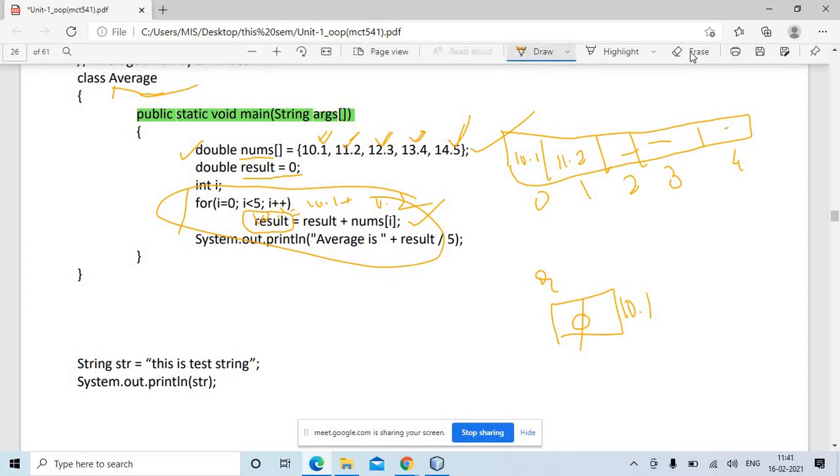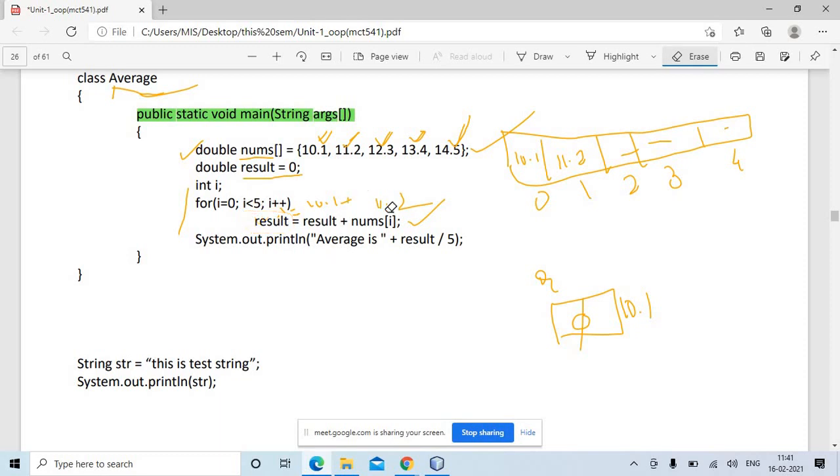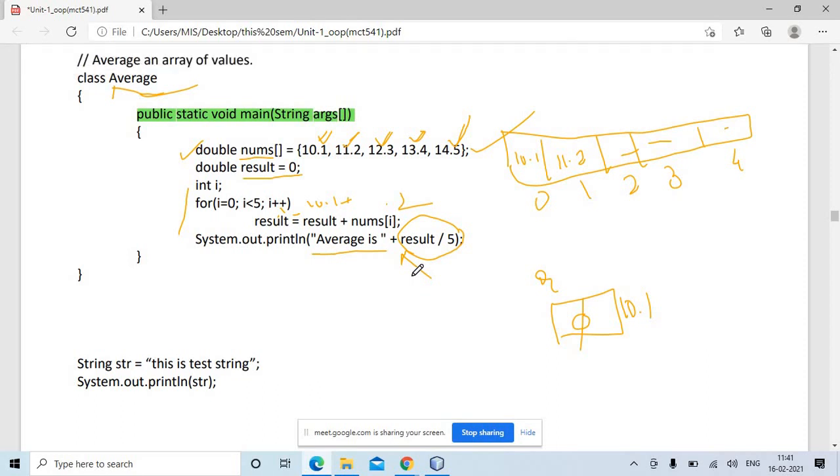Then you divide it by 5, result by 5. "Average is" is a static text, plus result by 5. Whatever the value of result divided by 5 is, it is appended to the "Average is" text, and that value will be printed.